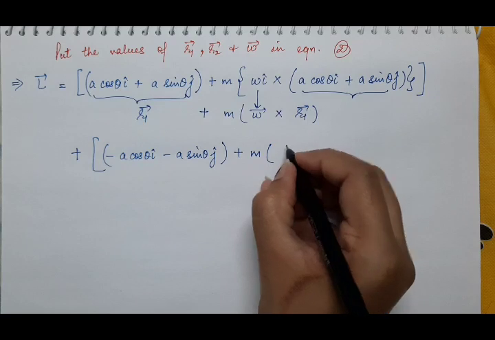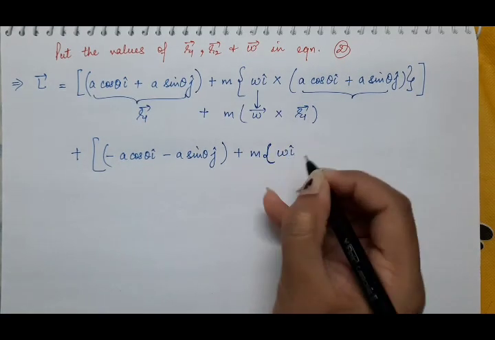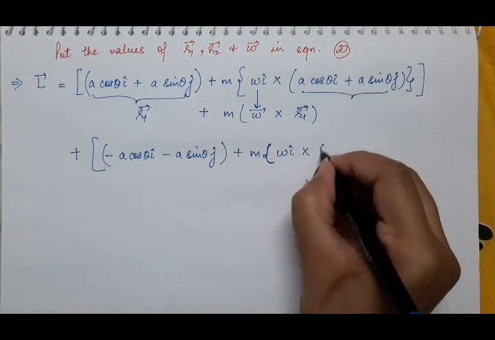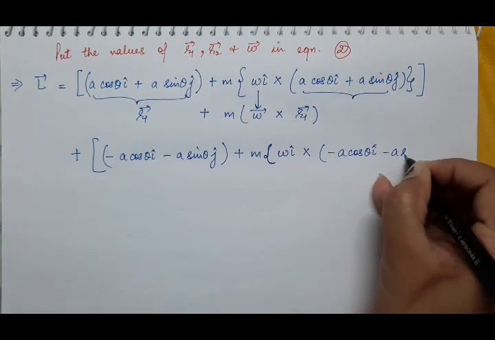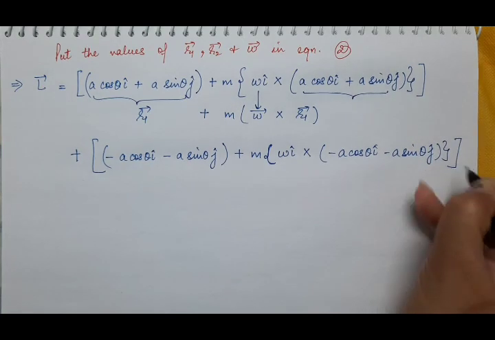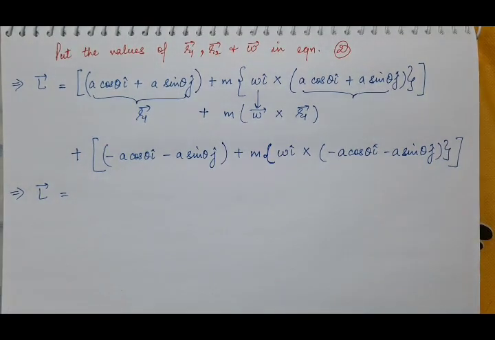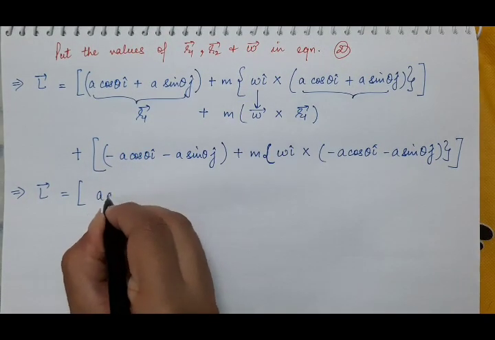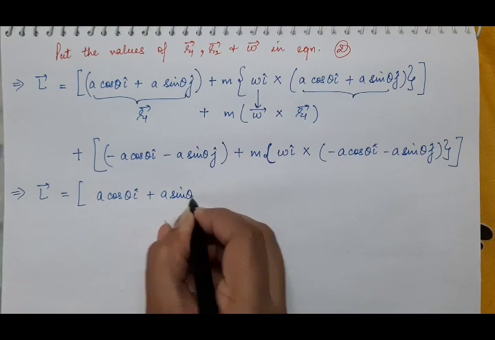What is the value of omega? It is omega into i cap, cross, again the value of r2, minus a cos theta i cap minus a sin theta j cap. So now solve the cross products. Write it as it is: a cos theta i cap plus a sin theta j cap